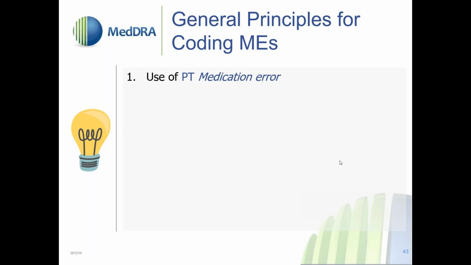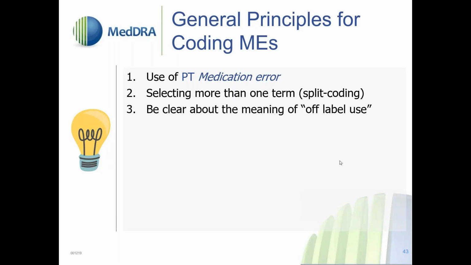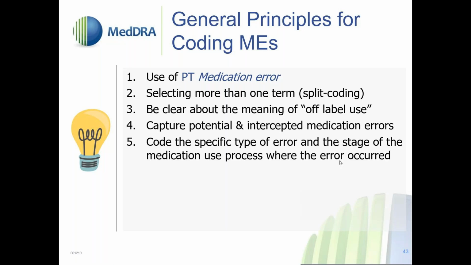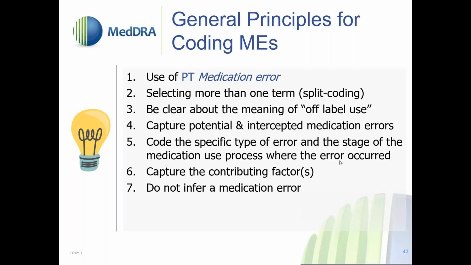When to use the PT medication error, when to select more than one term, when to use the PT off-label use, how to capture potential and intercepted medication errors, how to capture both the specific type of error and the stage of the medication use process where the error occurred, when to capture the contributing factor or factors leading to medication errors, that we should not infer a medication error when it's not reported,